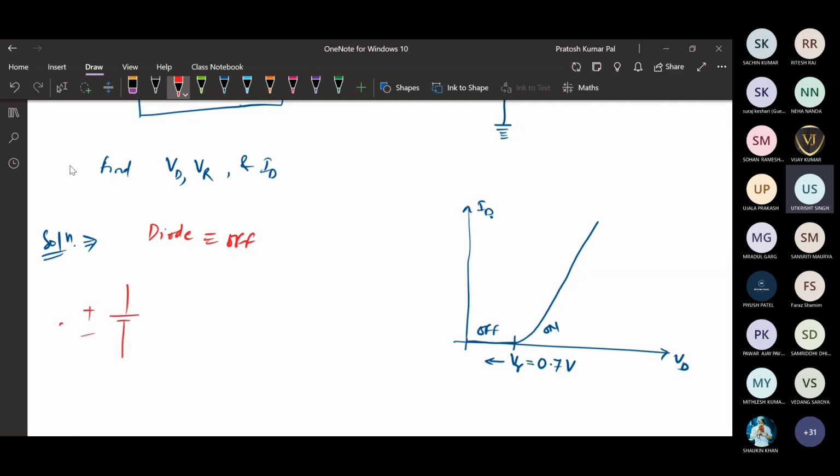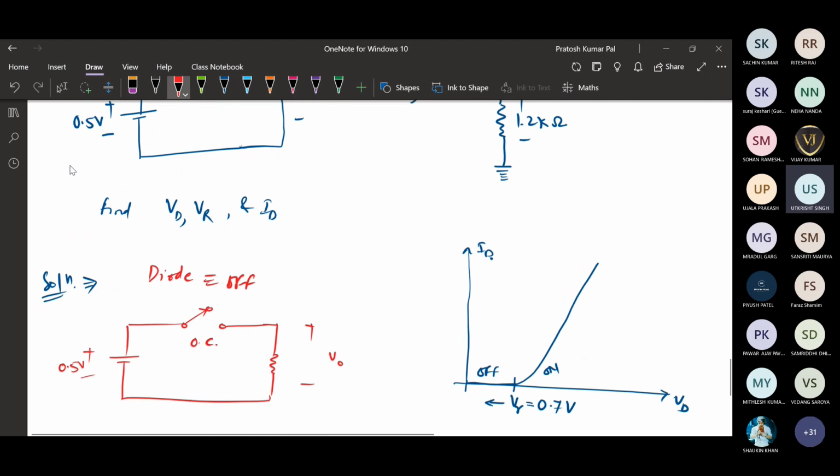It is plus minus 0.5 volt. If it is off, this will be an open circuit. Okay, so the diode will be behaving like an open circuit, and the rest of the components will be connected like that. So this will be the voltage drop, V output, and the resistance value is 1.2 kilo ohm. Okay,